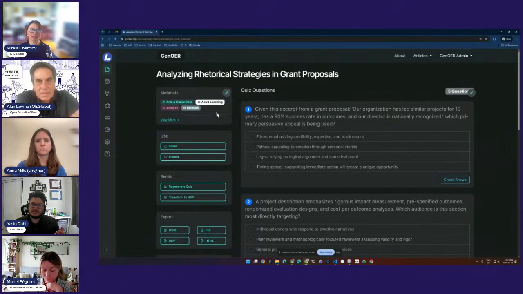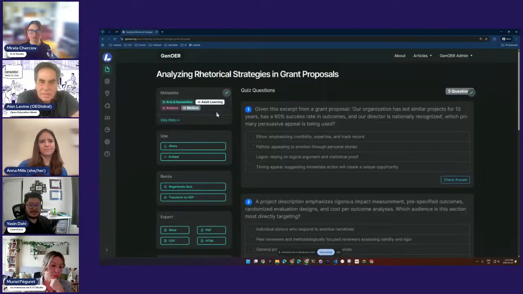From there, given that metadata, the AI designer evaluates the metadata first to make sure that it's sound, that it would generate a proper quiz, and then generates that quiz.